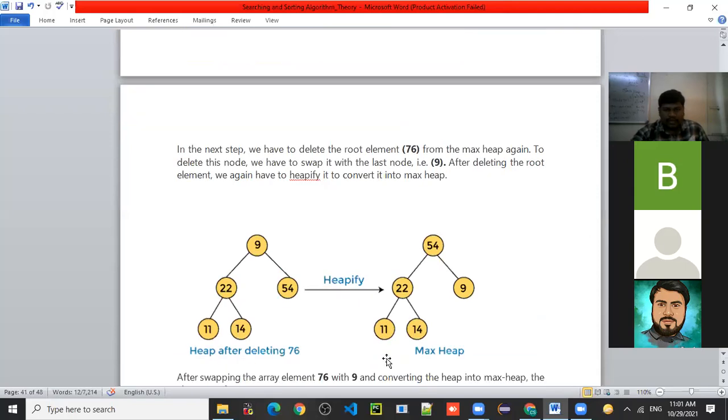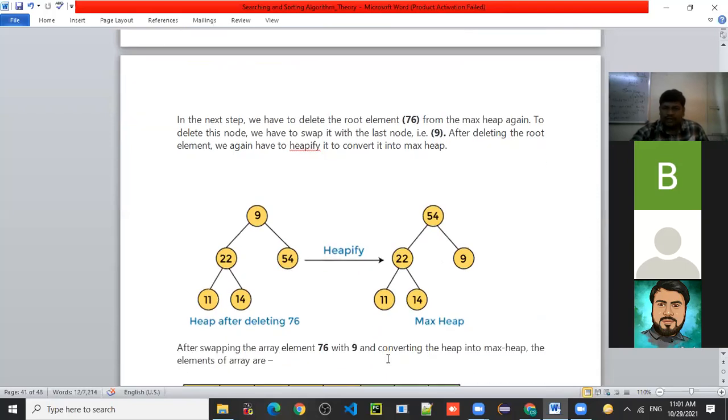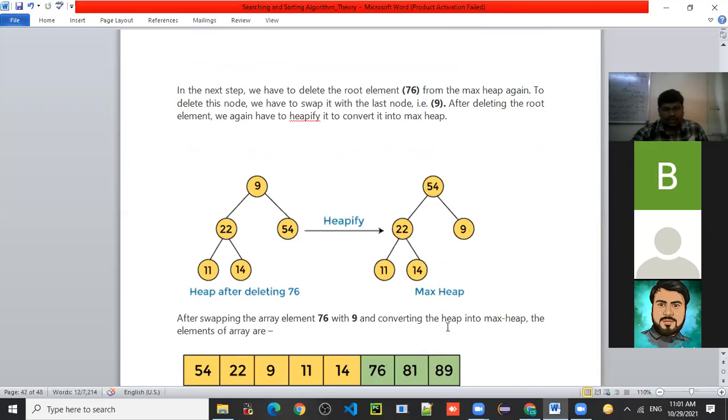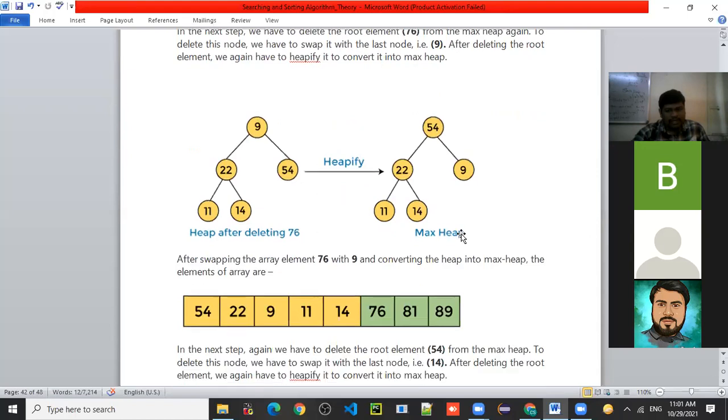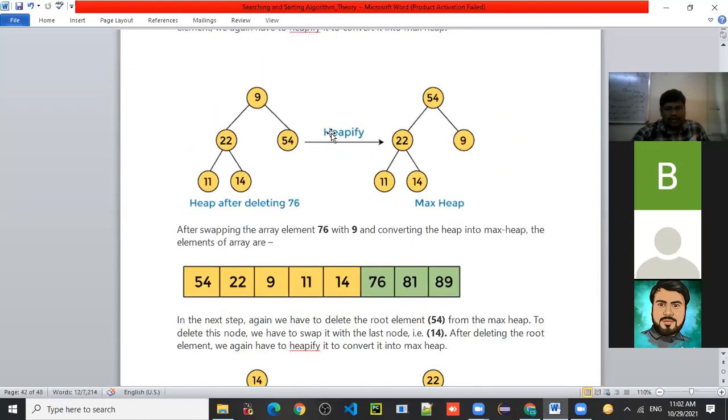Now, in the next step, we have to delete the root element 76 from the max heap again. To delete this node, we have to swap it with the last node, that is 9, right? Now, after deleting the root element, we again have to heapify it to convert it into the max heap. So the same procedure we will apply here.